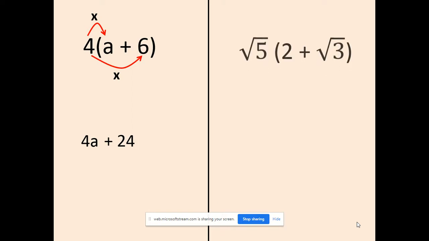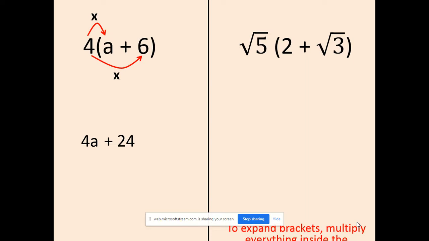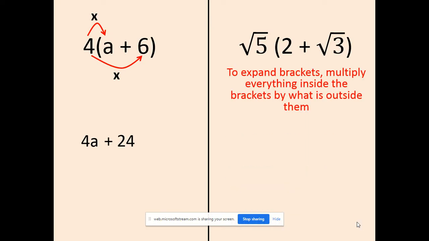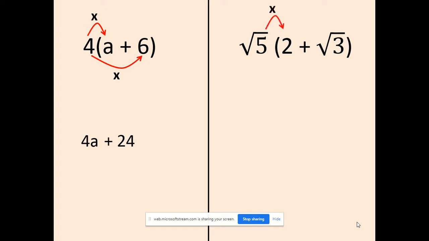How about expanding a single bracket using surds? Well, the same rule applies, okay? To expand brackets, we multiply everything inside the brackets by what is outside them. So using my arrows, I do root 5 times 2, and then think of the root 5 as an x. If I did 2 times x, what would it be? 2x, right? If I do 2 times root 5, it would just be 2 root 5 plus,